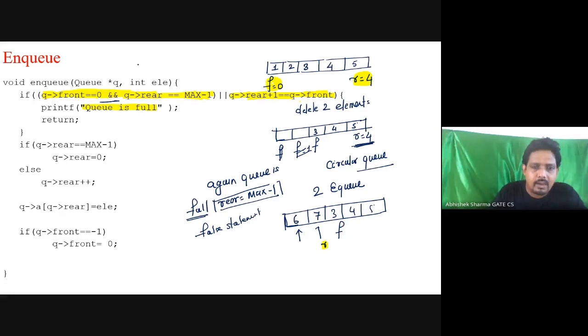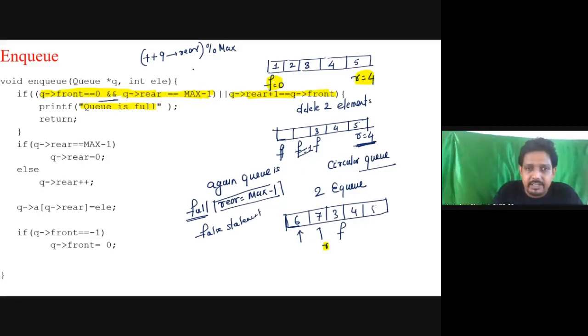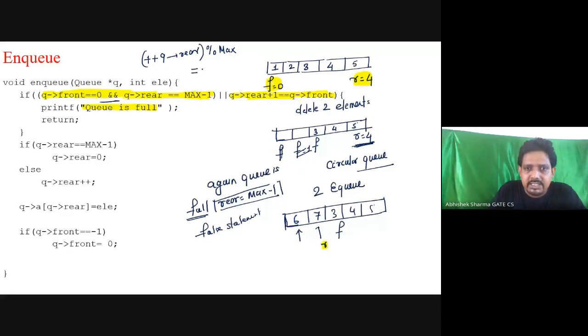If I say plus plus queue pointing to rear, modulo max, please comment whether this is equal to the two conditions, or is equal to queue pointing to front. Please verify and then say, don't randomly answer.